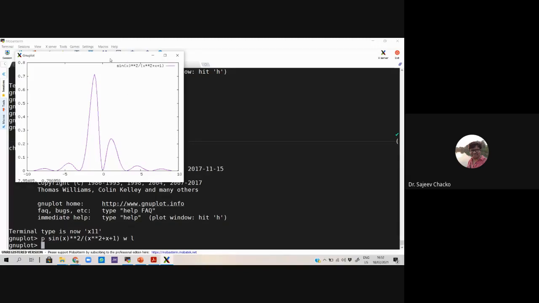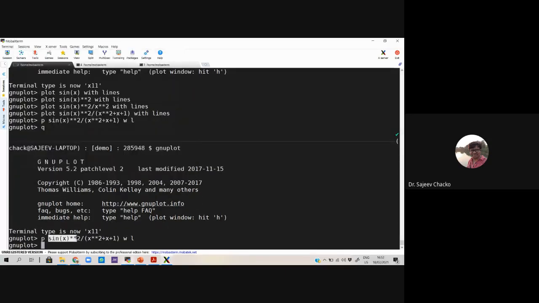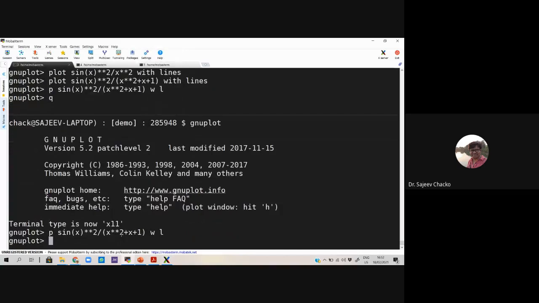So I can just say p for plot with lines. This shortens my command. I cannot shorten this particular command, because it's a function that cannot be shortened. That has to be there as it is.